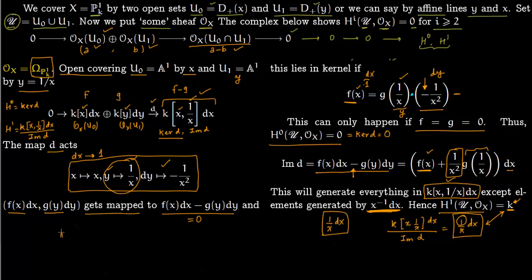You start with the space and you put two different sheaves on it, which give you two different results, and that's how you can study this projective space, by putting different sheaves on it and seeing what kind of cohomology groups you get and what is the relation between different cohomology groups. So the relation between cohomology groups which come from different sheaves but they're acting on the same space.